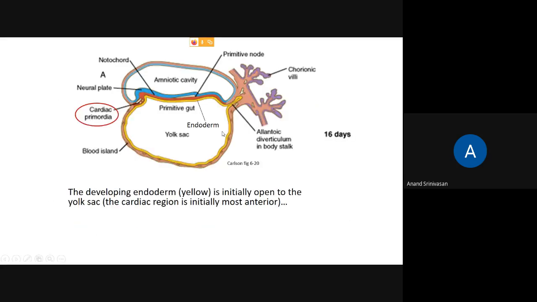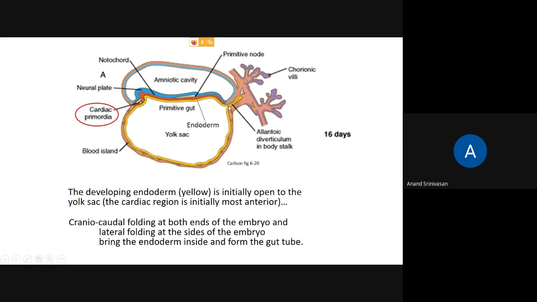All right. So as discussed before, in the foundation module, you must have learned that there is a trilaminar disc: ectoderm, mesoderm, and endoderm. The endoderm part is largely connected to the yolk sac. Initially, you know that the cardiac region is located more towards the anterior part, and there is an extension of the yolk sac, which is called the allantois. Later, because of the folding,